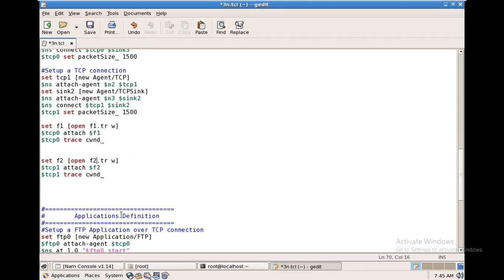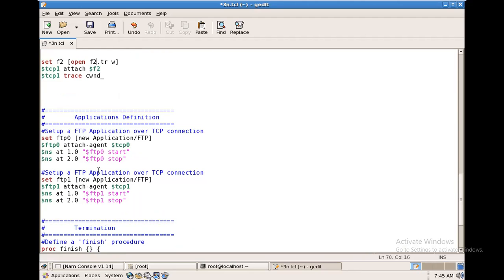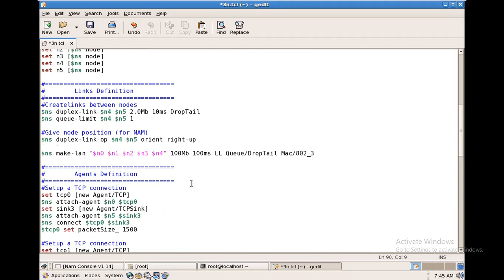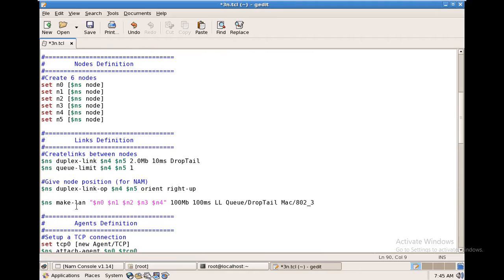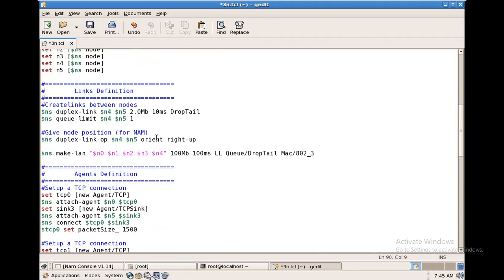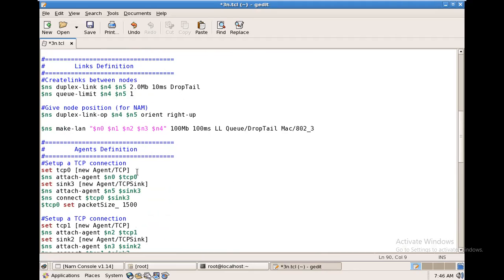So this is the second modification. The third modification will set the FTP to 8. Okay. So rest of the thing is same. We have 5 nodes in between N4 and 5, 2 MB, 10 milliseconds. So we have saved by the name